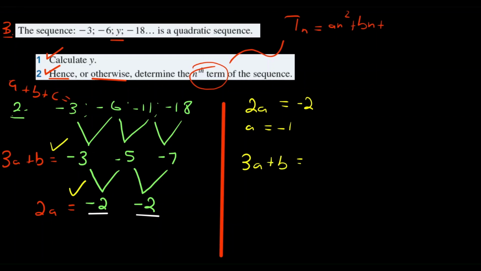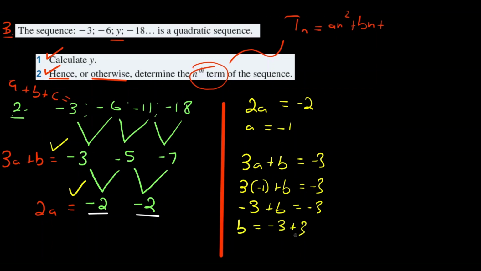Then if we go down to the second part, 3a plus b is equal to negative 3. We know that a is negative 1, so negative 3 plus b equals negative 3. When we take the 3 to the other side, it will be negative 3 plus 3, which will be b equals 0. Then we move on to a plus b plus c,